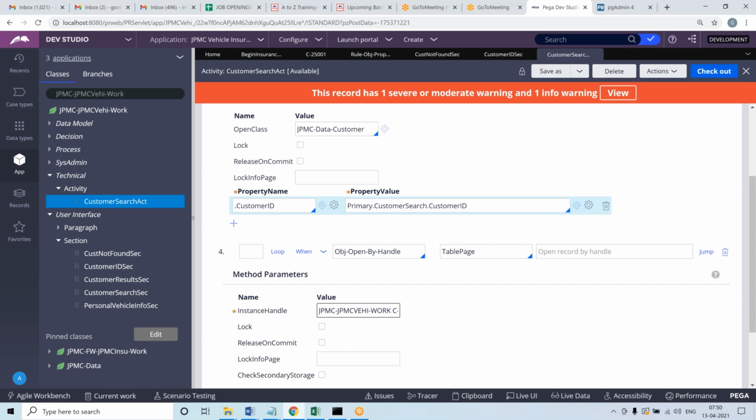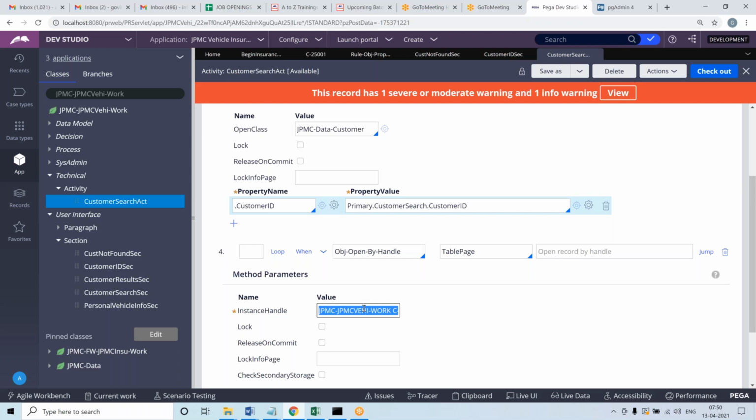So OBJ open by handle is a method used to fetch a single instance from the table, where we pass the pzInsKey value to OBJ open by handle. Similarly, with OBJ open, what we discussed is: first define a page for the target table class in the pages and classes tab, then create that page and open that object using OBJ open.